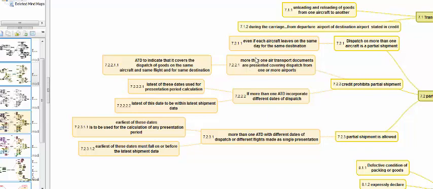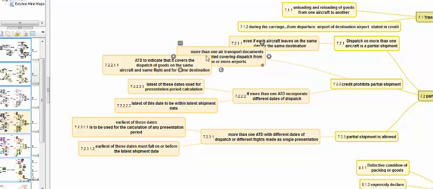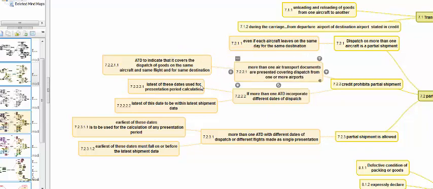So how to prevent this problem of more than one air transport document being called a partial shipment? Then the air transport documents presented, the more than one presented, should indicate the goods are being carried by the same aircraft on the same date, on the same voyage, for the same destination, on the same day. So flight number 1033 may be flying from airport A to airport B today. The same flight will fly from airport A to airport B tomorrow with the same number. So indicating that flight number and indicating these ports will not make it a non-partial shipment.